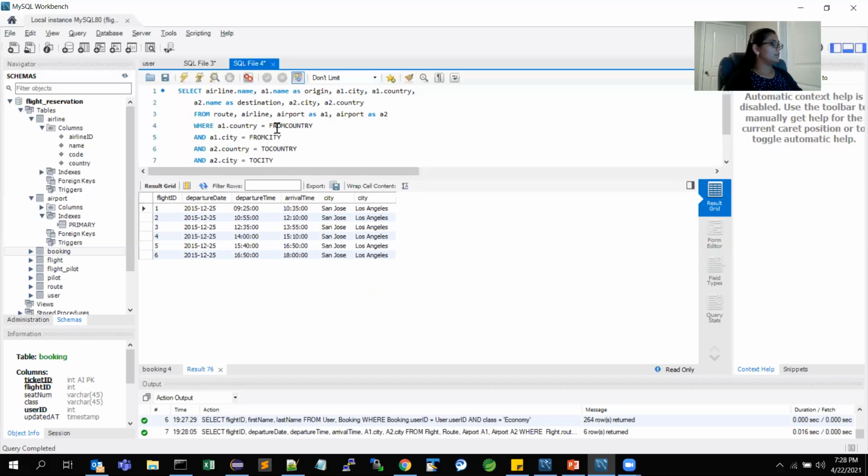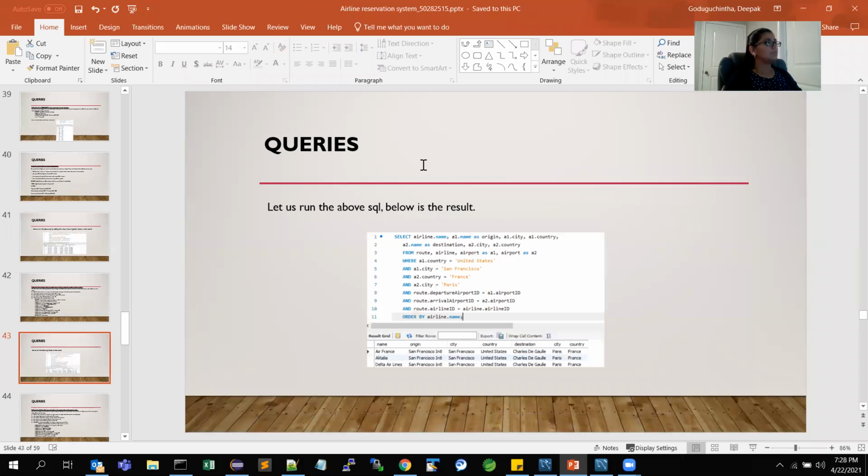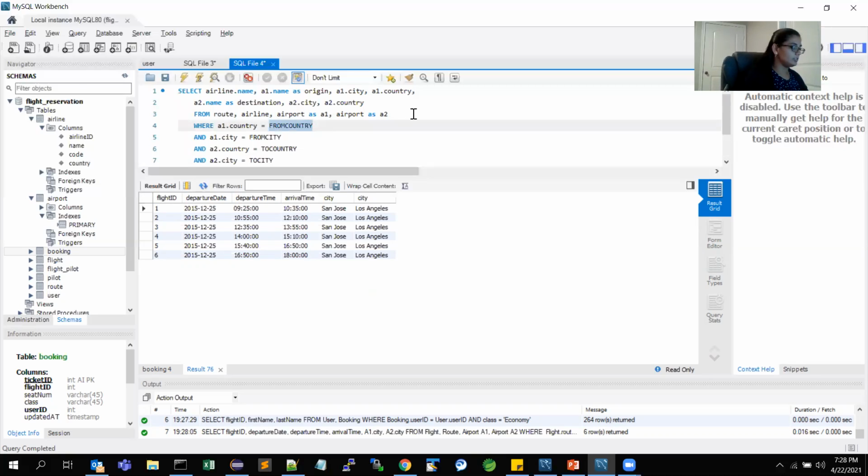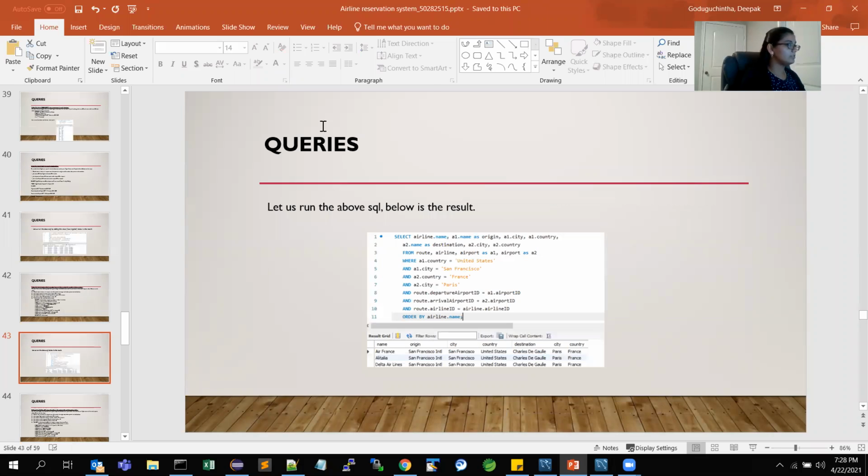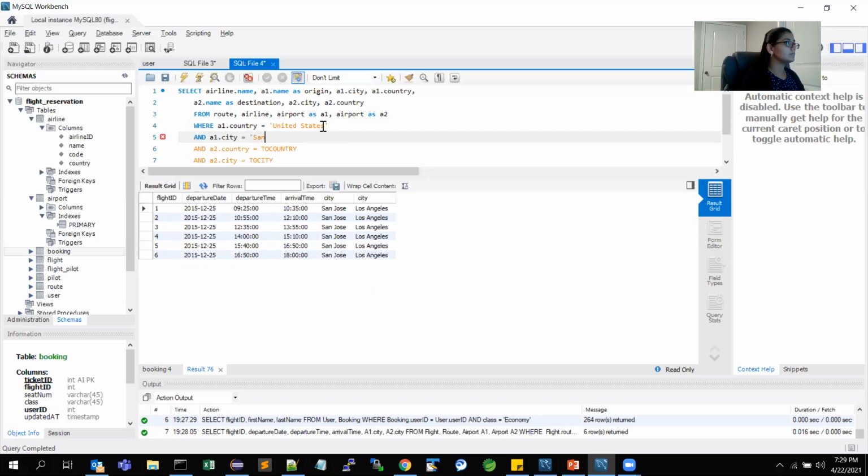So now here I'm going to give the from country as United States, from city as San Francisco, and to country as France and to city as Paris.